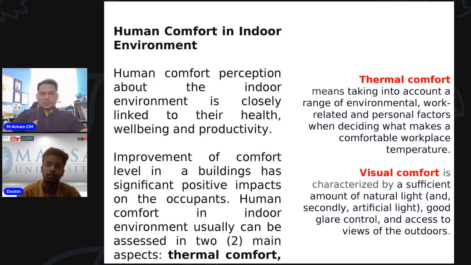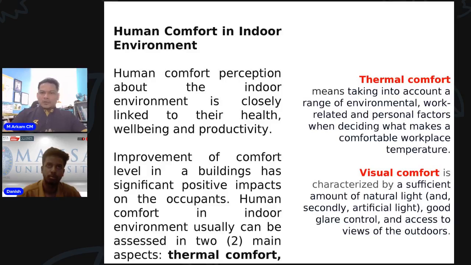Other than these two comforts, thermal comfort and visual comfort, I'm not going to talk about the others today because we would drag our presentation. You can find them in other books and references. We have four or five basic human comforts, but these two are very related to the standard that we are going to explain today. That is why I just chose these two only.